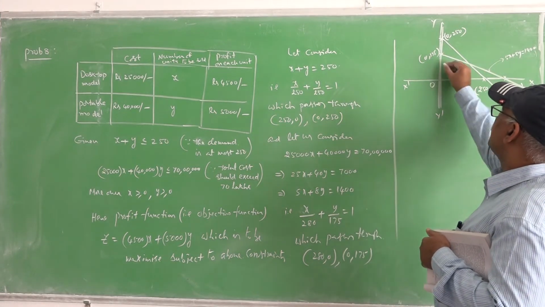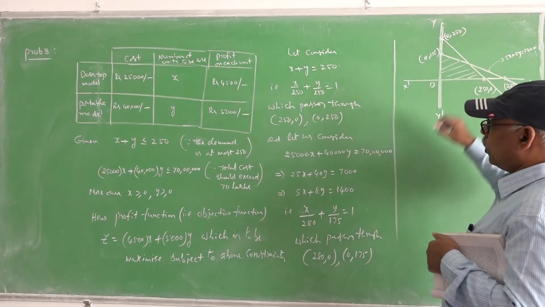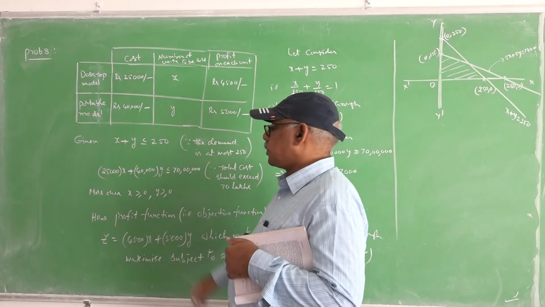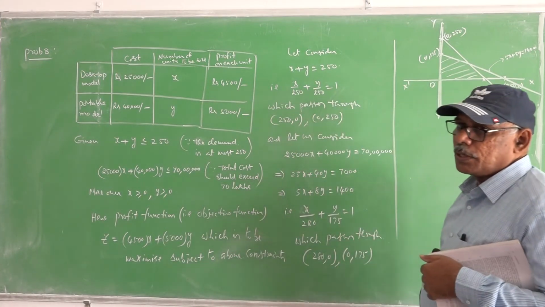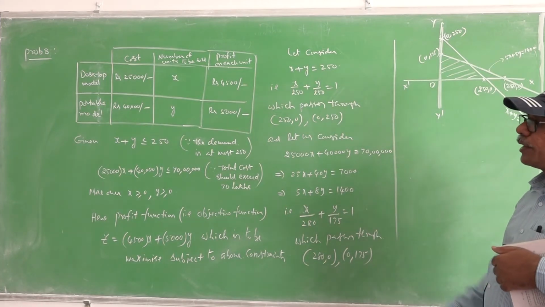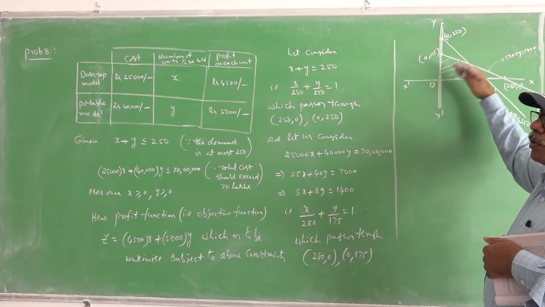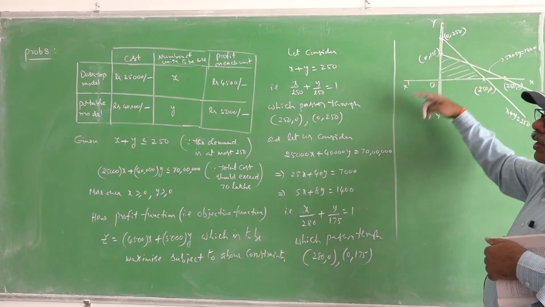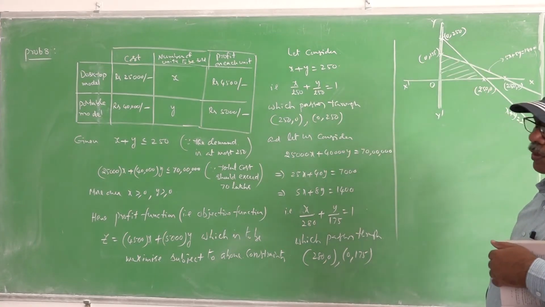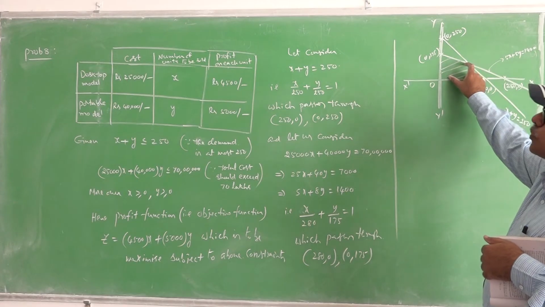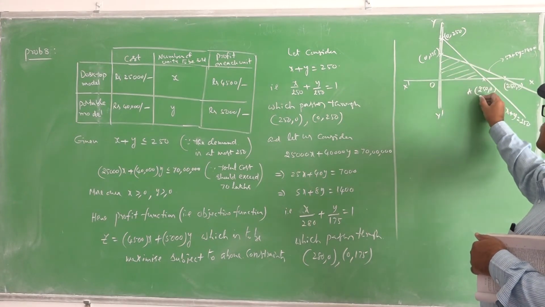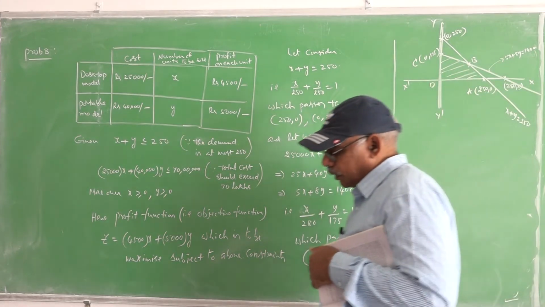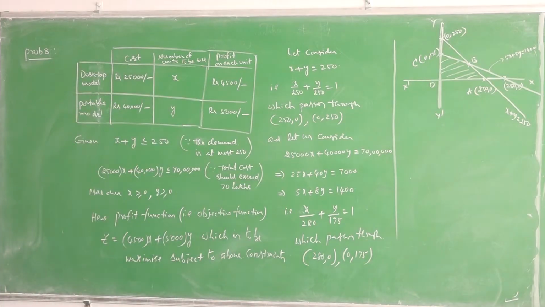The feasible region is clearly this region, because once you put X equal to 0, it satisfies this inequality. Taking X equal to 0 in this inequality, it also satisfies that inequality. So the region which satisfies these two inequalities is below this line as well as below this line, and confined to the first quadrant, because X greater than or equal to 0, Y greater than or equal to 0. The feasible region is clearly this one. Let us take this point as A, this point as B, and this as point C. Now the feasible region is clearly OABC.